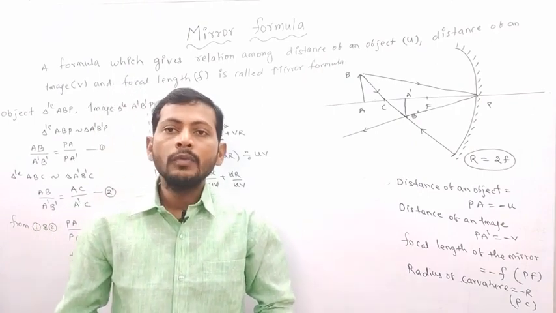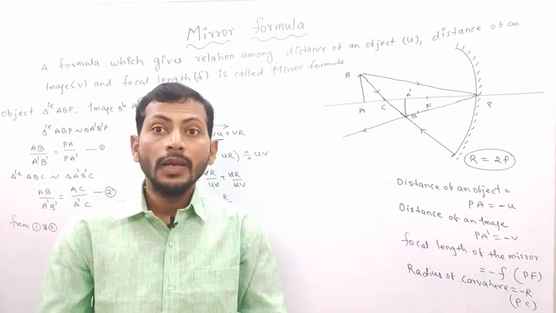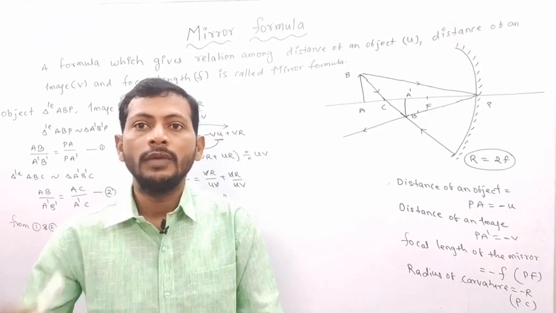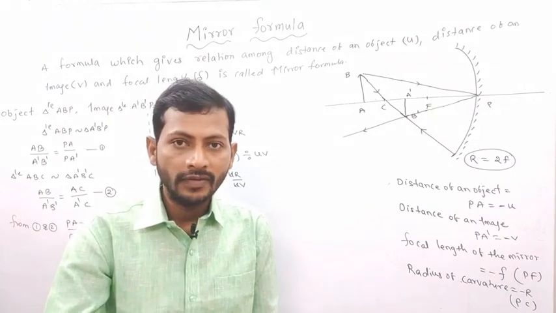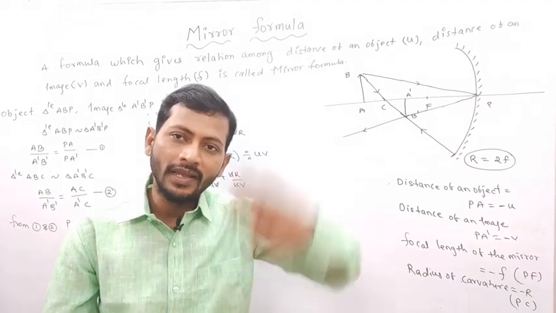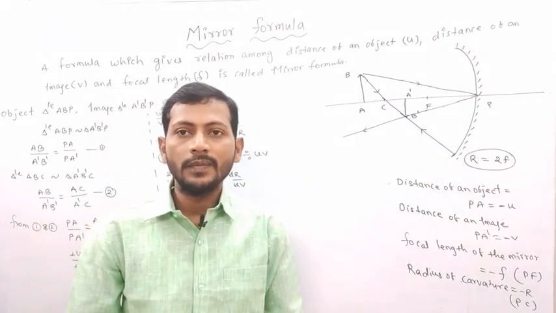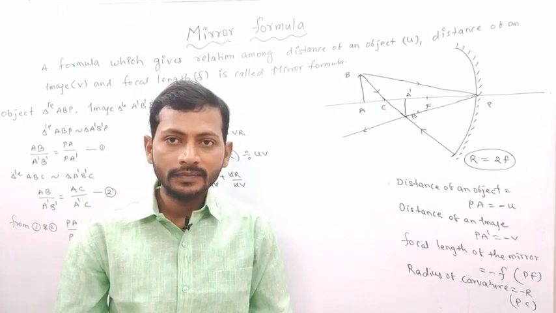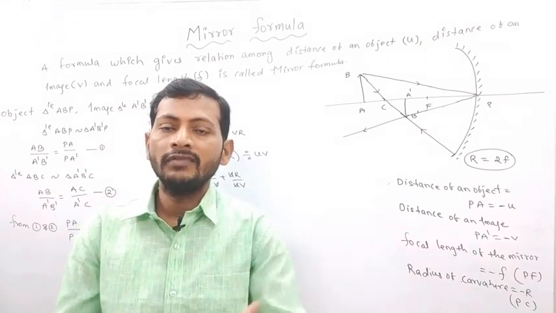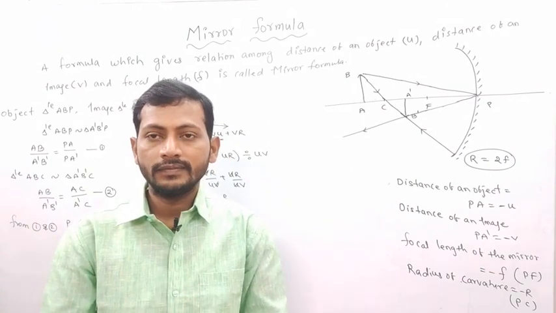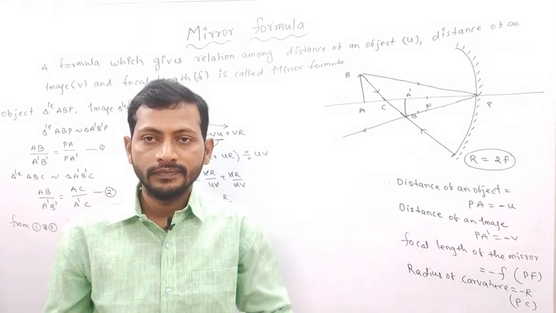For example, I am going to stand in front of a plane mirror. Plane mirror means our everyday face mirror. Plane mirror and face mirror are both the same thing. Don't get confused. Face mirror means the mirror in which you see the face. Plane mirror means the surface is plane, it is not a spherical mirror. Very good, children. When you see your face in a plane mirror, the size of your face and the size of the image inside the mirror are both the same. You are comparing here: the size of the object and the size of the image are both the same.